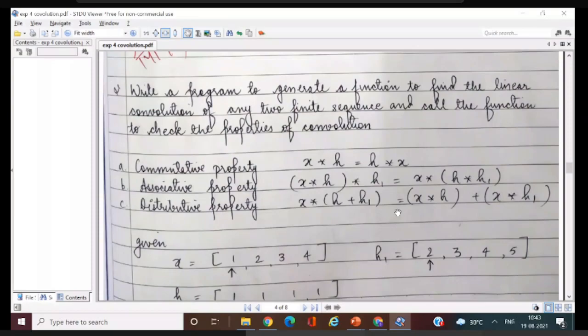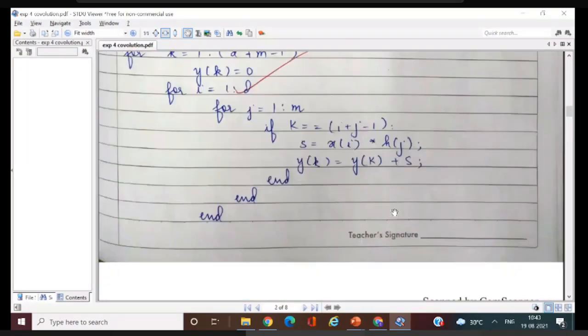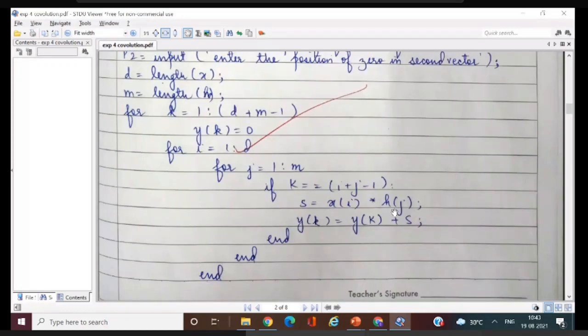Have you understood the method to calculate convolution? Yes, sir. Okay. But you have to go through it and do it yourself. Otherwise, you won't be able to understand. Okay. You may use your own logic. Okay. So now,